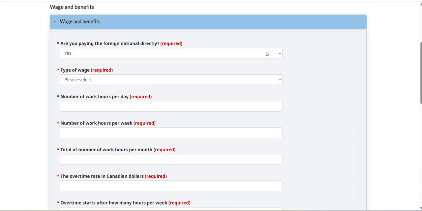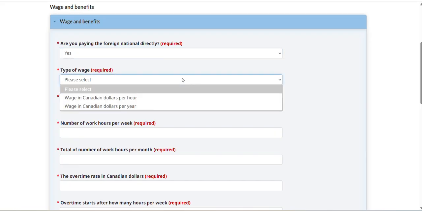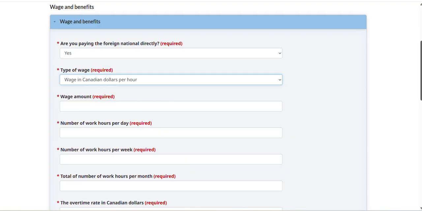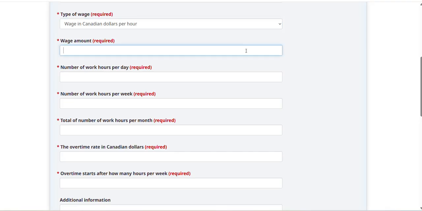So there's really simple information here. Are you paying the foreign national directly? Yes, of course. Type of wages, is it an hourly pay rate or an annual package? You can select how much wages you are paying. In this case, I'm just selecting 20 per hour, number of work hours per day, 8, and hours per week, 40. Total number of work hours per month, so 120,